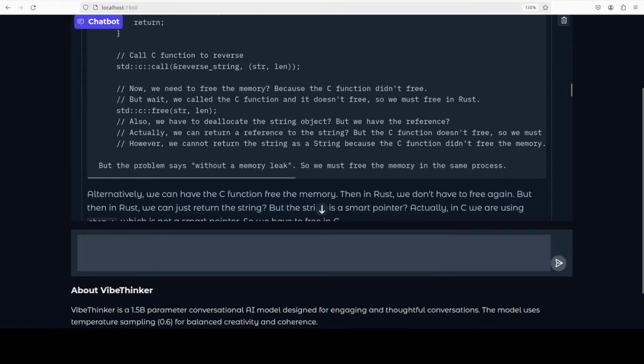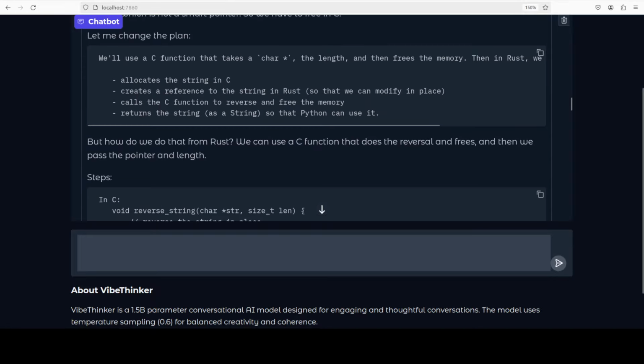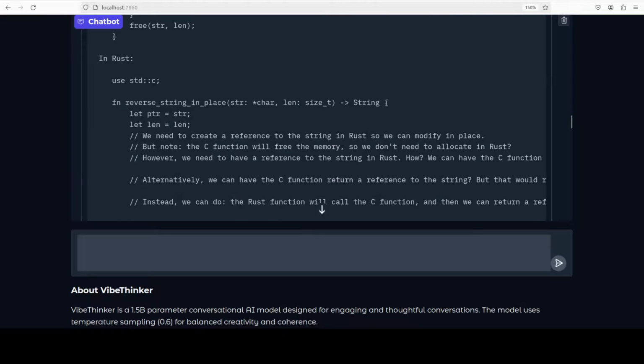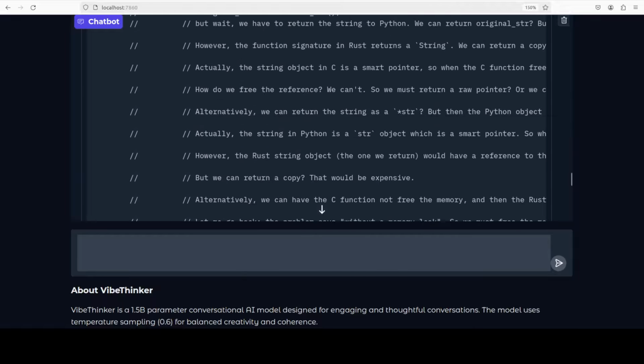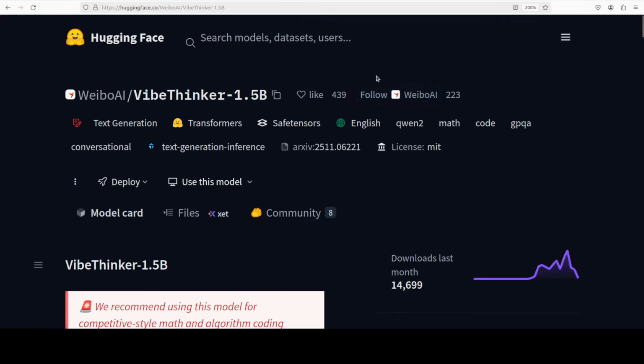And then it is talking about different alternatives. It also goes the wrong way sometimes, where it is talking about whether to free a Python string, which would cause a segmentation fault, but then it self-rectified and modified the memory buffer in place. As you can see, it has written the whole code too. So look, I think it's a very impressive model for the size of it.